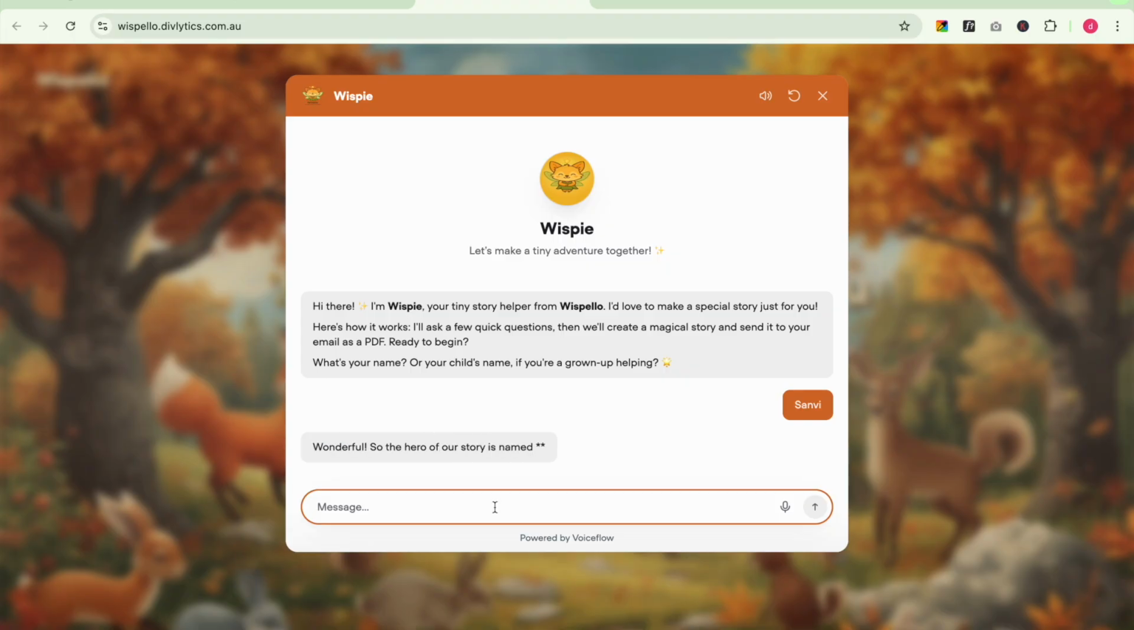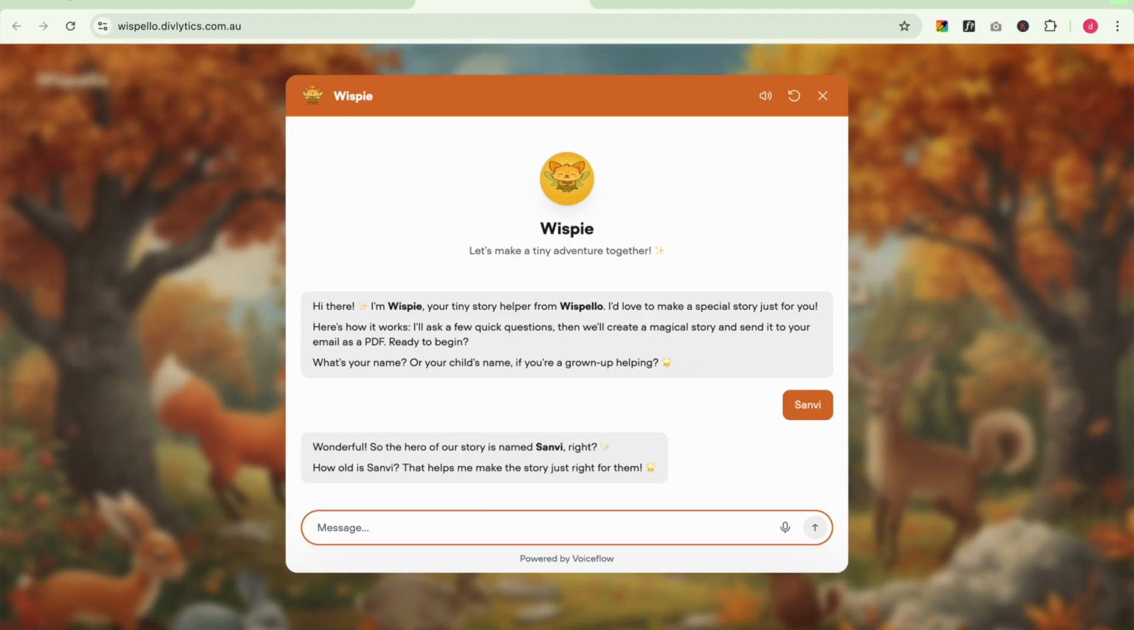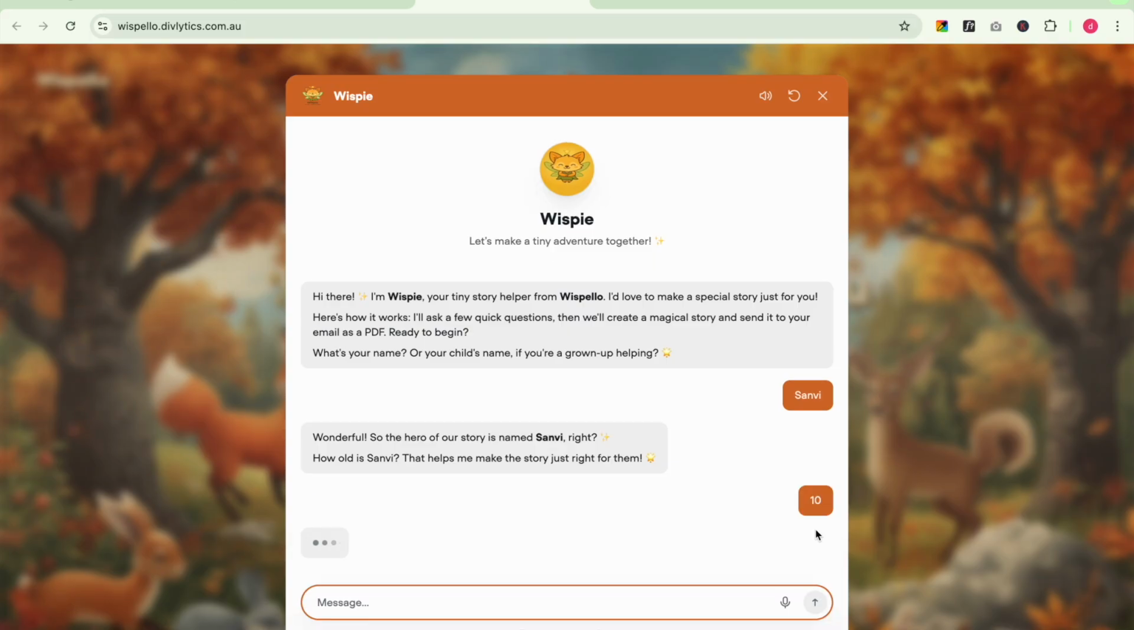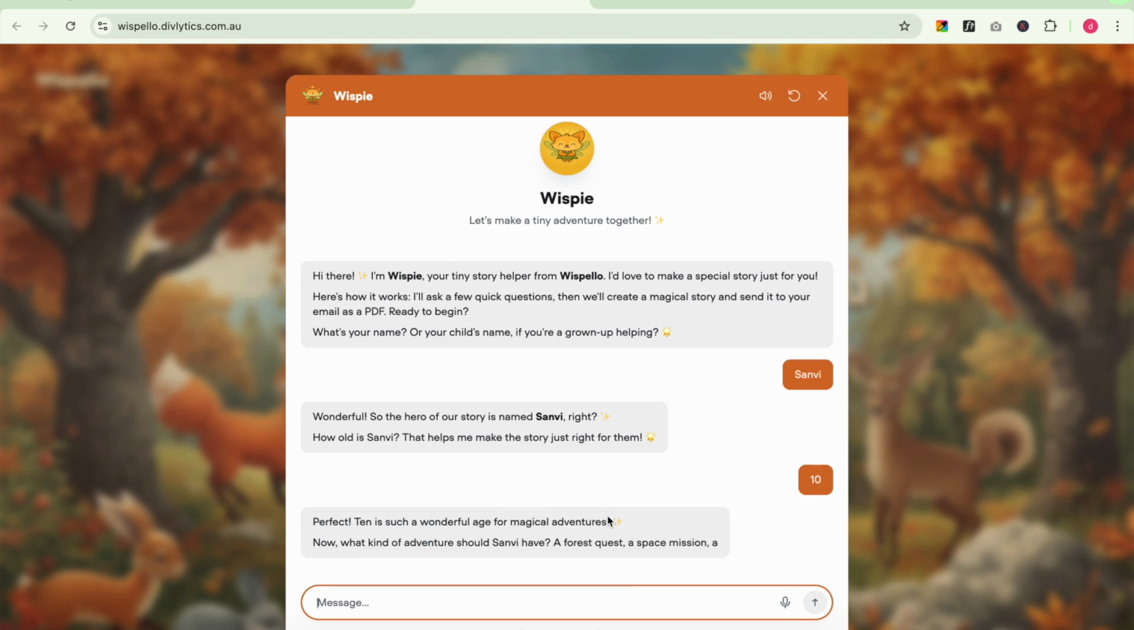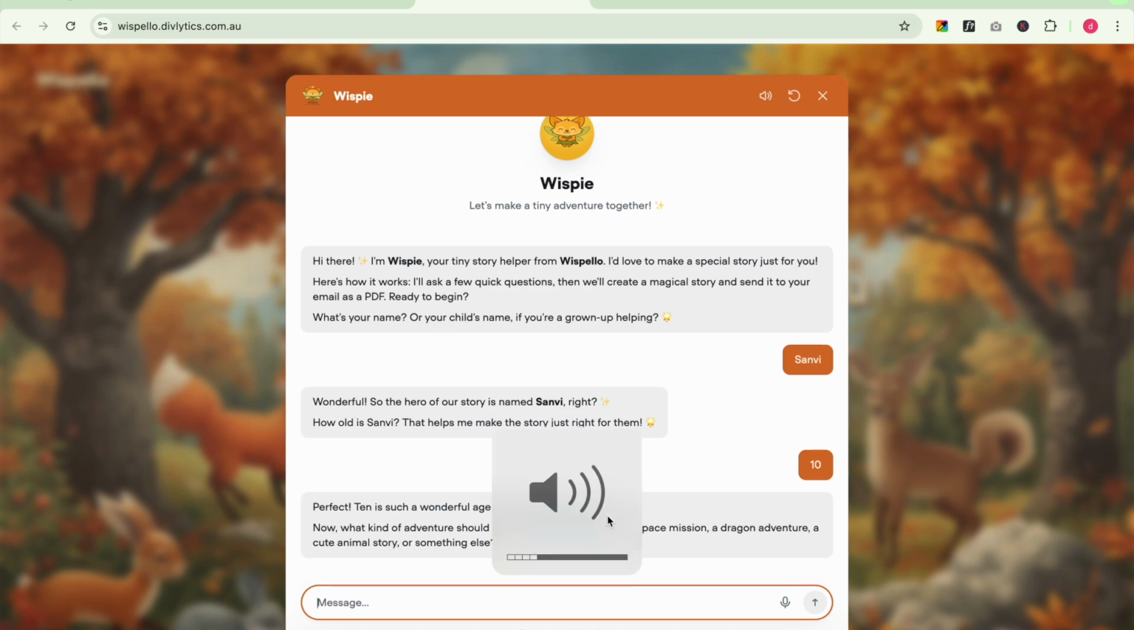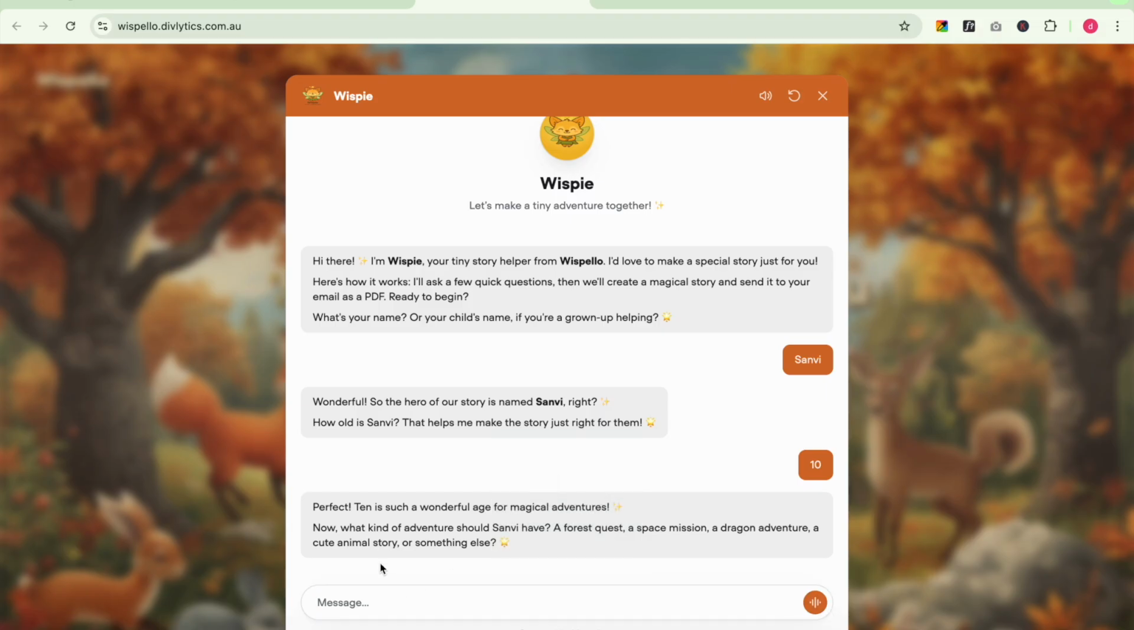Now I would like to show you how Wispy creates a story in real time. So this is the conversational interface the user interacts with. Wispy starts by introducing herself as the tiny story helper from Voiceflow, and she explains the process in a very simple way: she will ask a few questions and then create a magical story that will be sent as